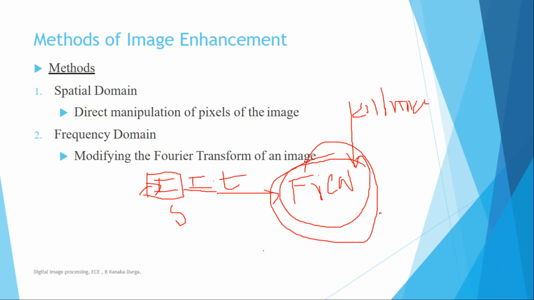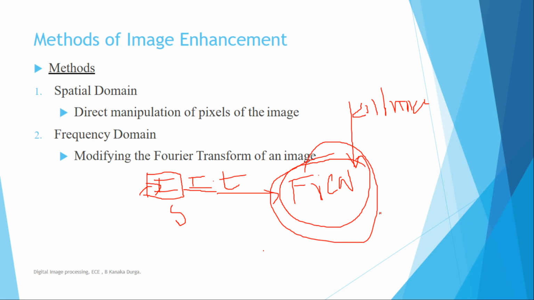We can simply remember that the methods of image enhancement are of two types: one is spatial and the other is frequency. In the spatial one, we can directly apply the enhancement techniques on the pixels. In the frequency domain, we have to do the enhancement process in the frequency domain.